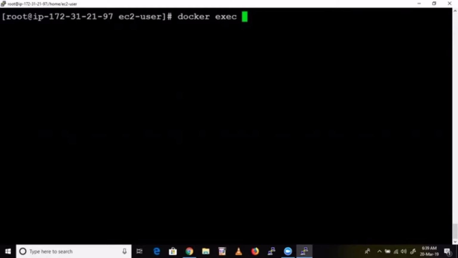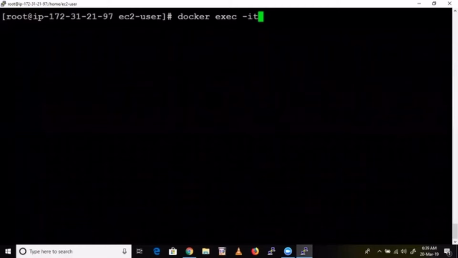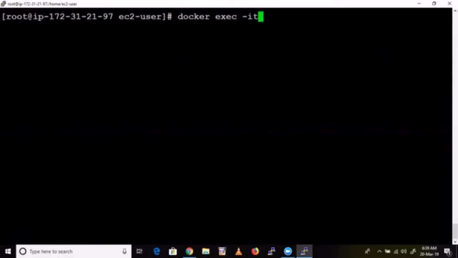Okay, if you say another command, he might not be knowing this, and then he will think that you are saying something wrong. Okay, so we have two commands through which we can go inside the container: docker attach as well as docker exec. If you give docker exec, you need to give -it. Okay, because you are interacting with this one, right? Here you need to give -it, but for docker attach you need not give -it. That's it. Docker exec, this one. And what's my container? Web container. That's it. Simple.